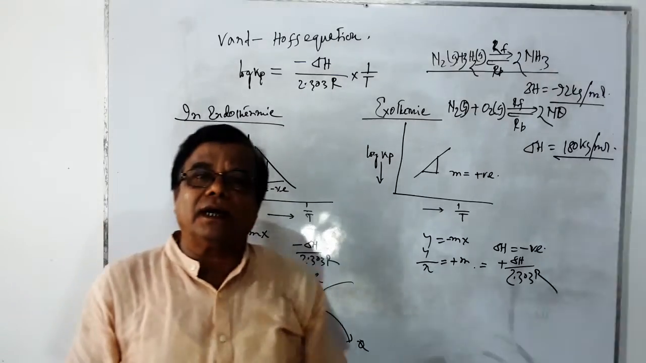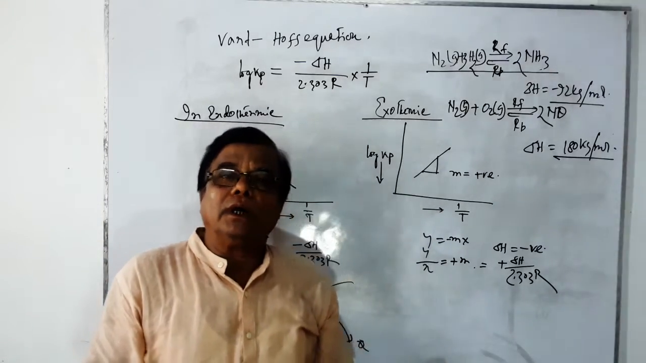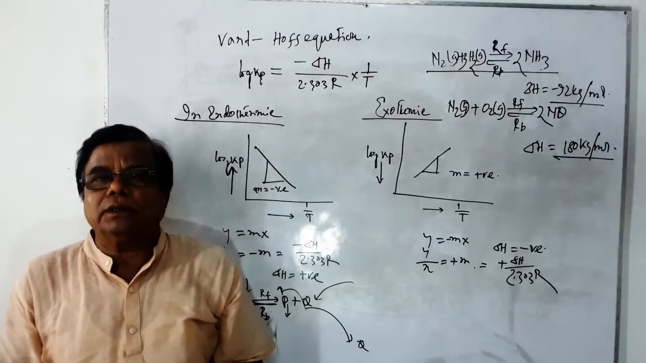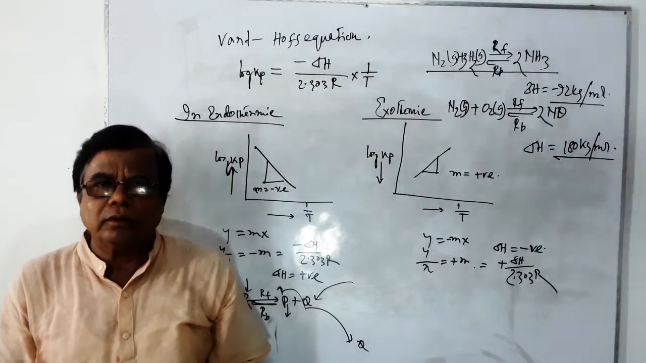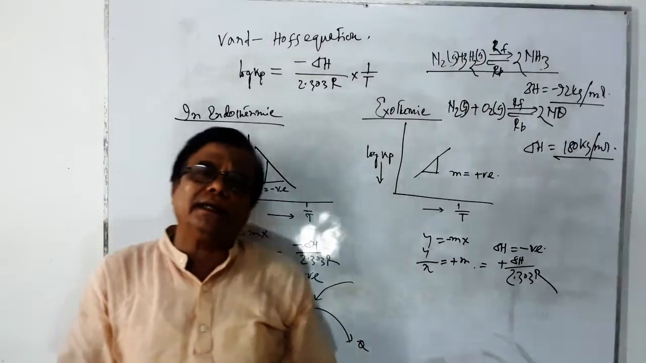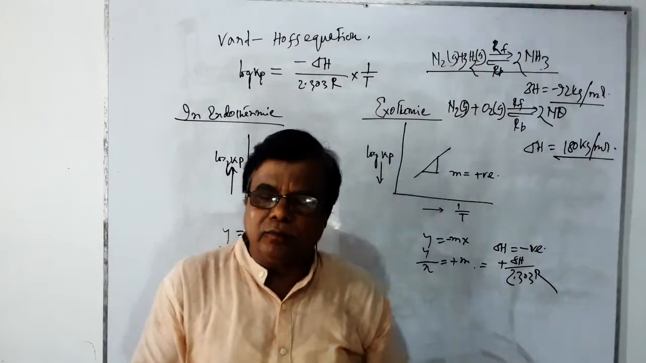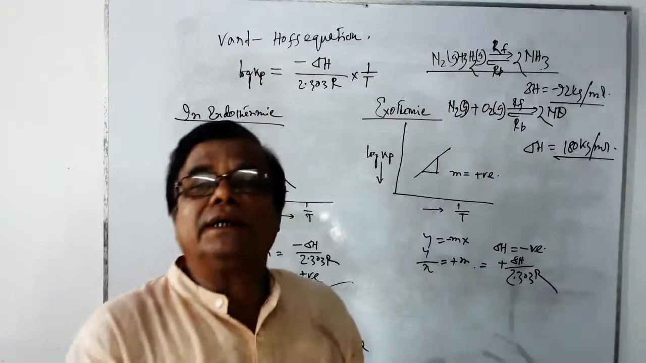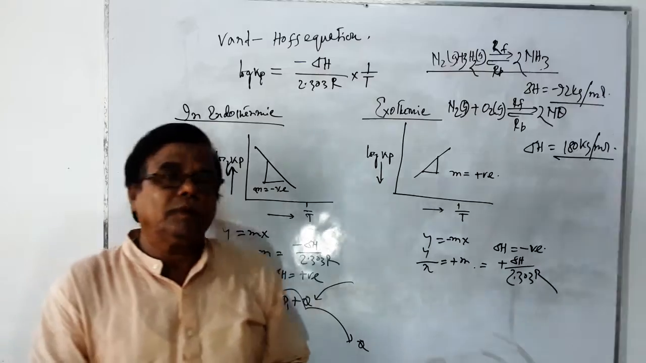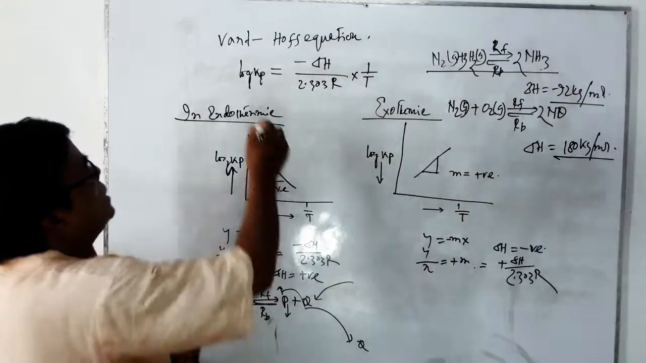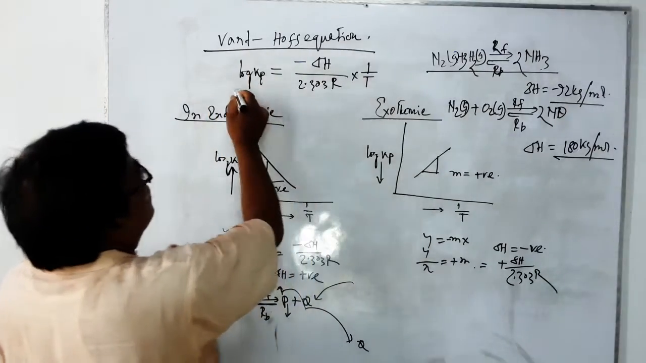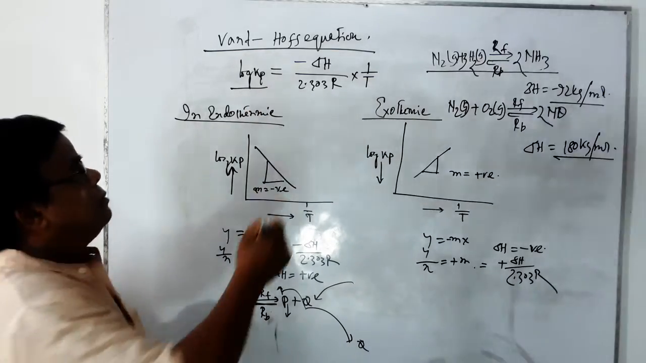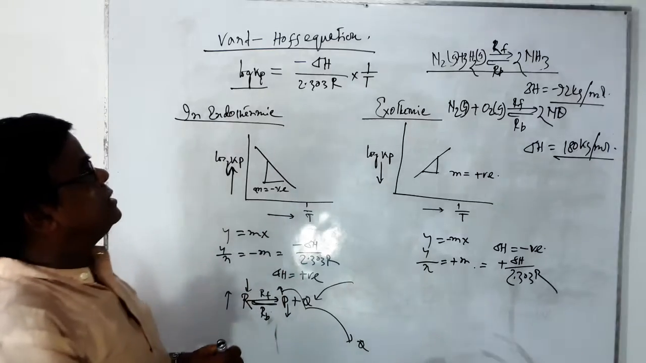Today I shall discuss the Van't Hoff equation in a reversible reaction, when the reaction has attained the equilibrium state, by Le Chatelier's principle. And this is the Van't Hoff equation, where log Kp is equal to minus ΔH divided by